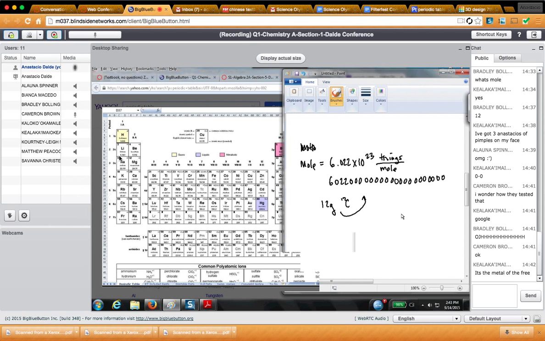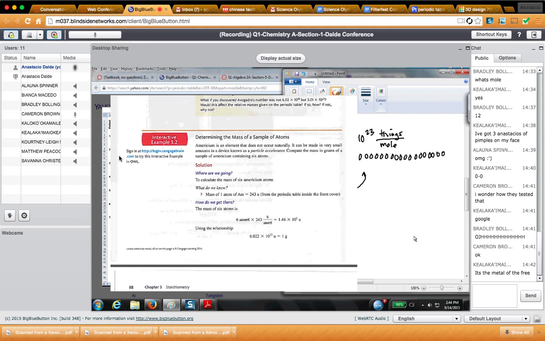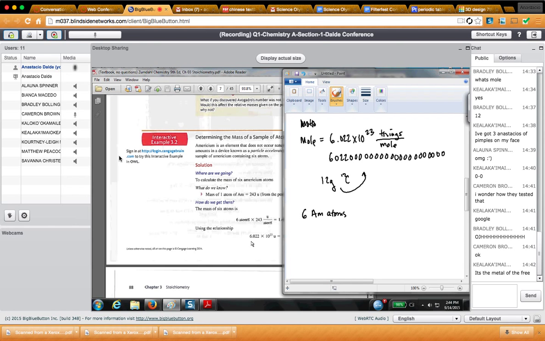So, anyway, moving on. If we have 6 atoms of americium, how much does it weigh? All right, so I know